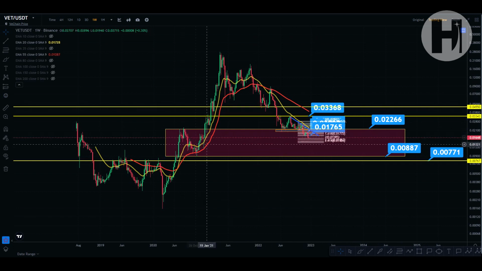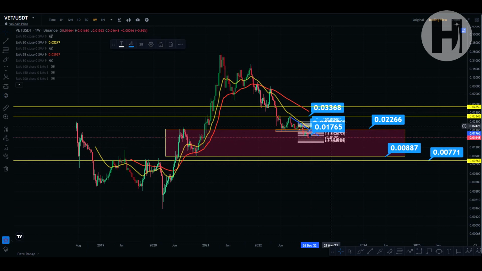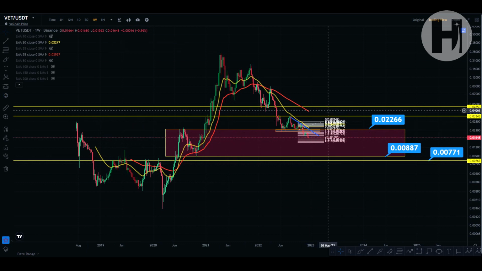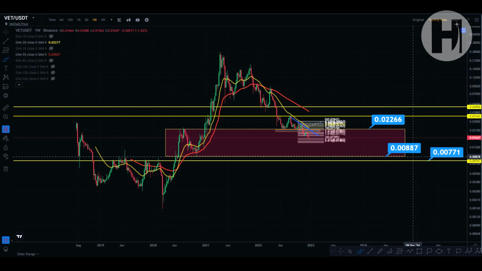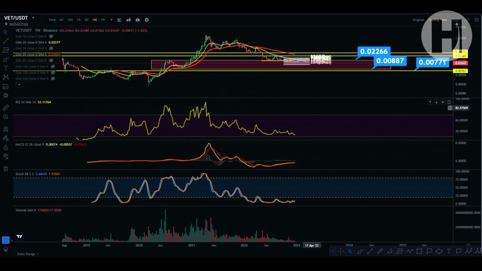But once we are in this support block, which we are at the moment, as you can see, we are in the buying zone essentially, because like I said, you're in between this trading range, and there's a good chance that this is where we actually get stuck for quite a while, consolidate and break to the upside into the next bull market in 2024, 2025. So that's regarding the price action.